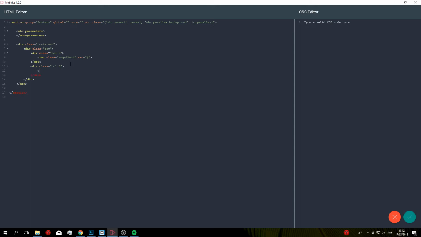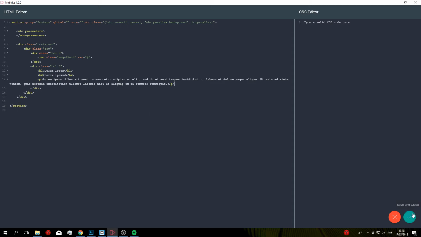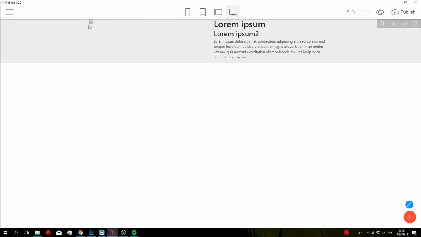For the second column, we'll do h1, and I'll say lorem ipsum. Now create an h2, lorem ipsum 2, and then finally create a paragraph. I'm gonna copy and paste some dummy text for this one, like so. Now you can go ahead and save and close, and you can see that we have now an